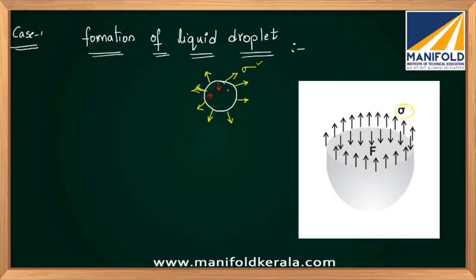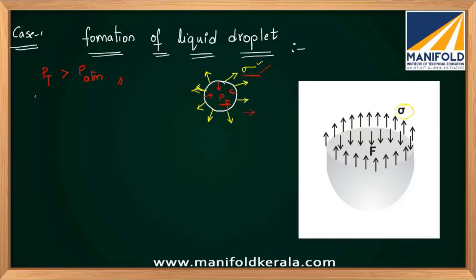There will be some pressure force inside the bubble. That means I can clearly say that total pressure is greater than atmospheric pressure. So surface tension force is pulling out, pressure force is pulling in. Until surface tension force is equal to pressure force, the bubble will be in spherical condition. It won't burst. Suppose when surface tension forces are high and pressure forces are less, or vice versa, there will be a change in shape from spherical.